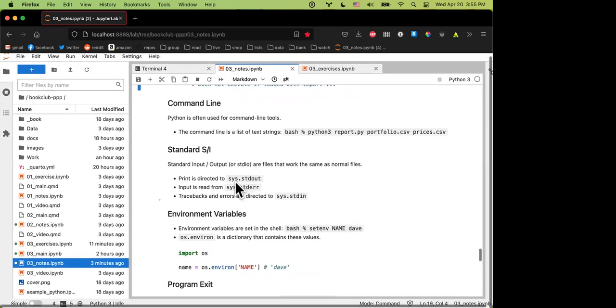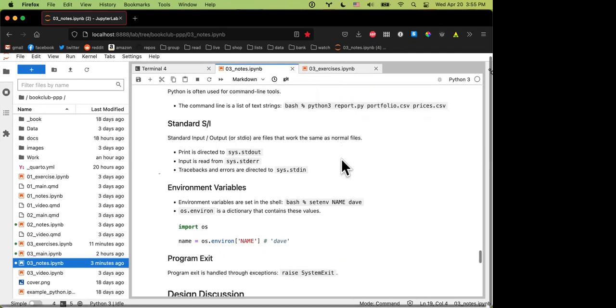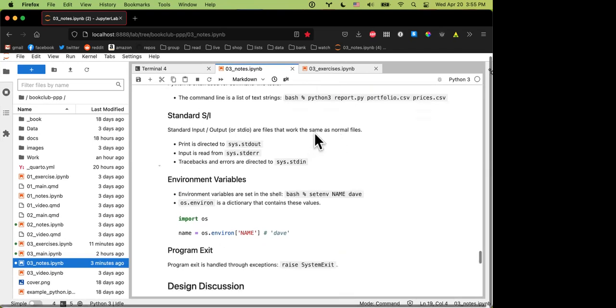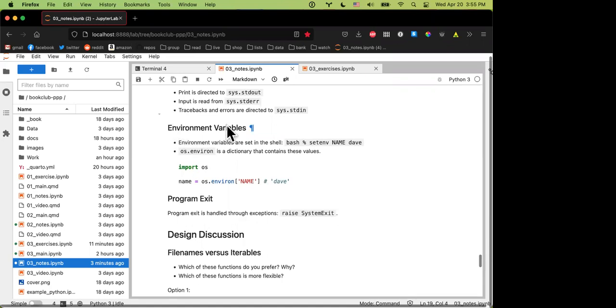This is something that's completely new to me, but there's something called standard input output that are files that work like normal files. I need to think about an R equivalent for me to understand it, but something to just note. And this one I've heard of from R, if you're coming from R, the environment variables that can be set in the